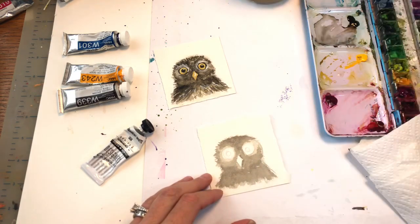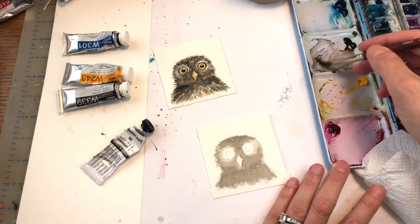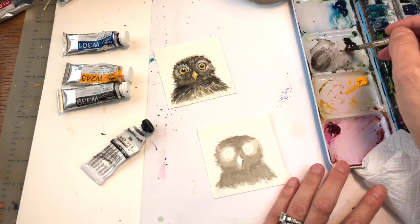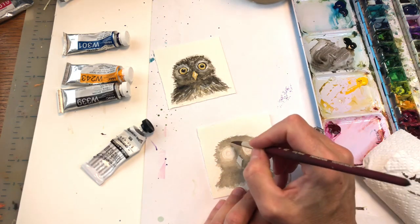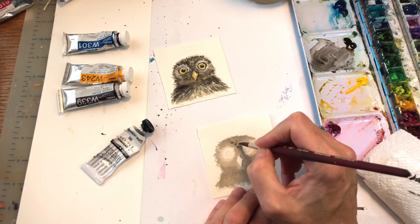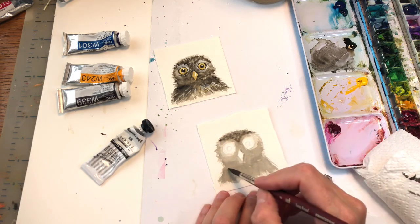We talked about filling in the colors, and now I'm going to talk about getting some black and some brown and less water, a little more concentrated. And we're just going to tap in little lines again. It's a building up kind of layering situation. And then in here,